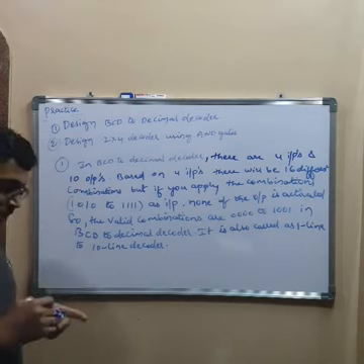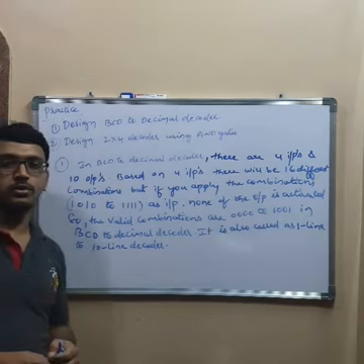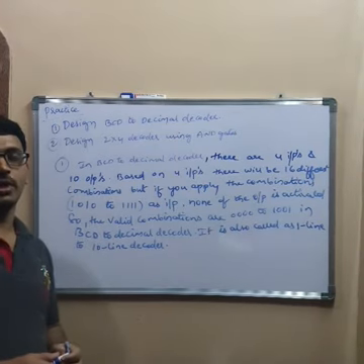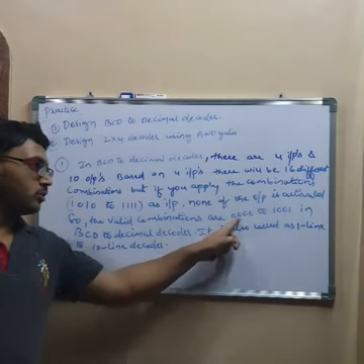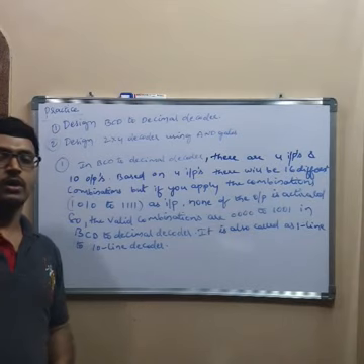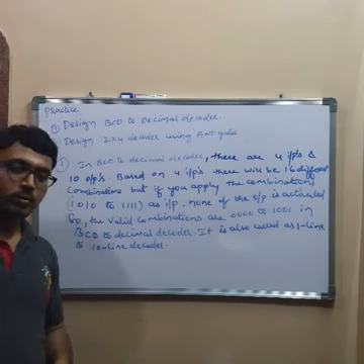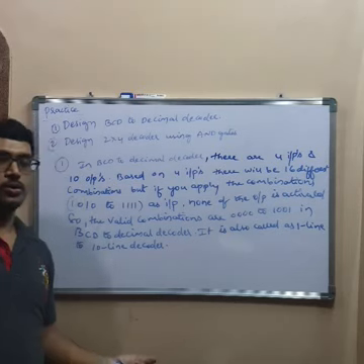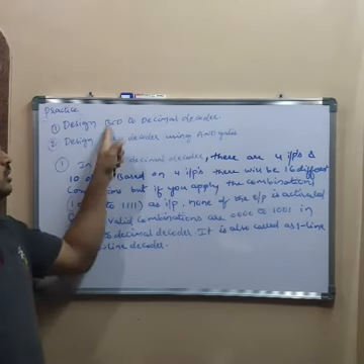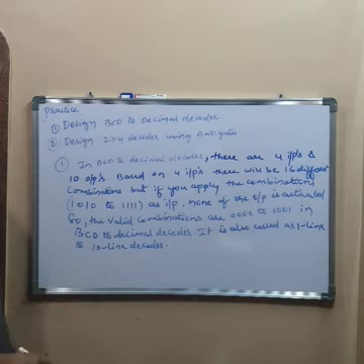Based on this, we can proceed. So there are 4 inputs. Among these 4 inputs, there will be 16 different combinations, but the valid combinations in BCD are 0 to 9. That is starting from 0000 to 1001. If you apply the unused combinations 1010 to 1111, none of the outputs is selected because in decimal the outputs are 0 to 9, right? So the input is a BCD number, the output is decimal. It is also called as one line to 10 line decoder. You can proceed with your design.